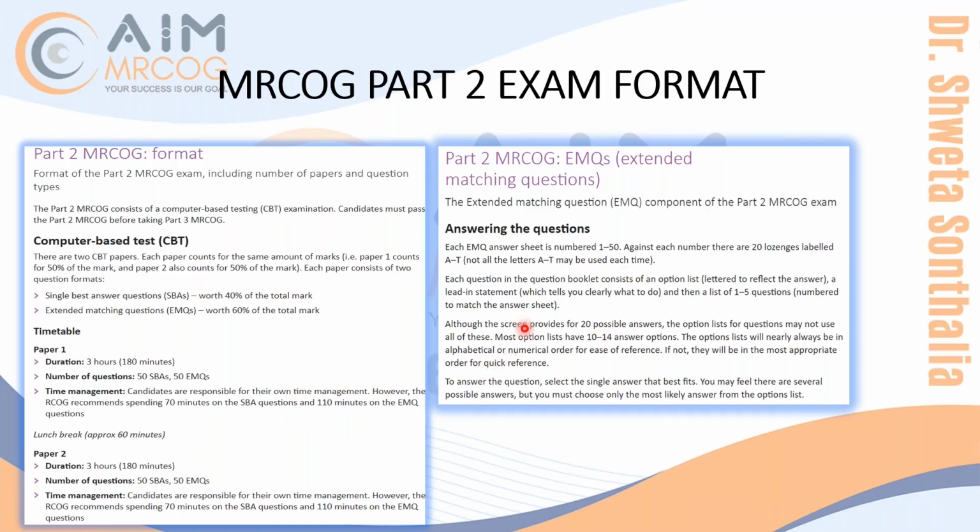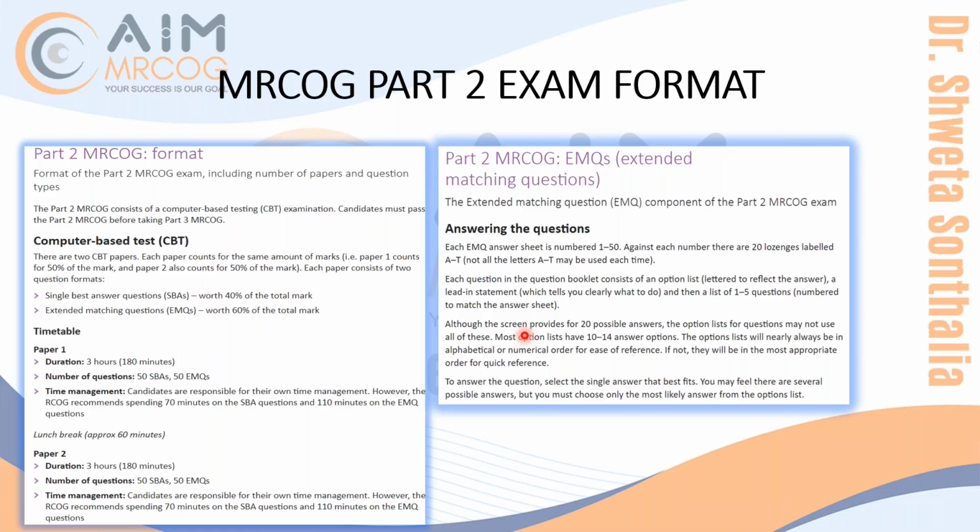The important aspect of answering an EMQ is that whenever you read one EMQ, you make your answer in your mind and then go to the options, because there will be 20 to 25 options. Reading 20 to 25 options and using the excluding method is not going to work. So in EMQ, always make your answer beforehand and then go to the options, and you will find that 4 or 5 options are close to what you kept in your mind. Like with antibiotics, if you chose doxycycline, you might find 4 or 5 options mentioning doxy with different doses and different time periods.